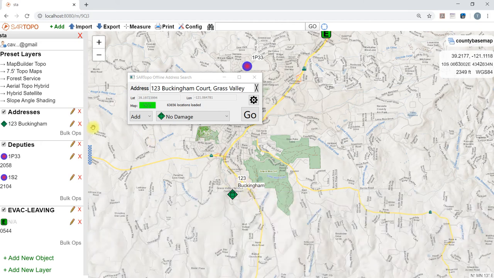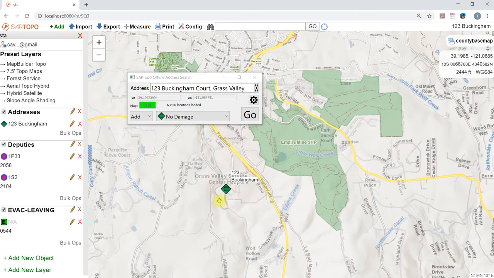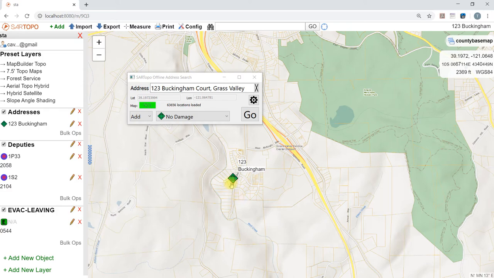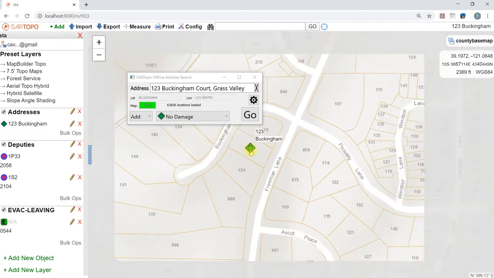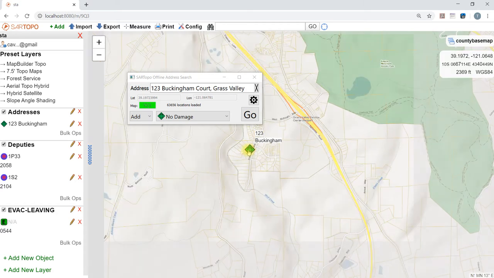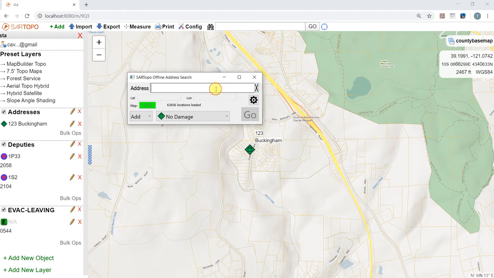That's way down here. So notice it made a new folder in your left bar called addresses. And if we zoom all the way in there, notice we're using the Nevada County base map layer. It showed up right in the middle of that address, 123 Buckingham. So if you were to add another, something close by in Grass Valley, and add a different marker for that,